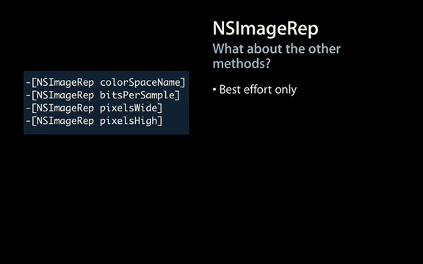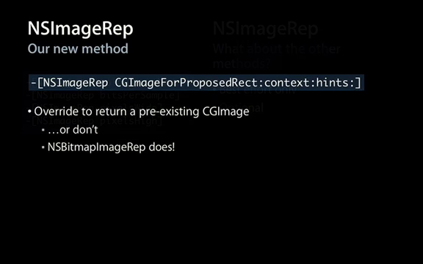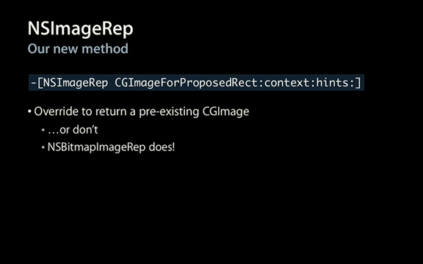Which is interesting both from a subclassing point of view and also from a caller's point of view, to realize that despite the names, you shouldn't necessarily believe these things because they're only best effort. Though in the case of something like a bitmap image rep, it's definitely in our contract that pixels wide has to be the actual number of pixels in the bitmap. And they're optional, so you don't really have to implement them. Later in the talk, I'm going to show you an example of subclassing NSImageRep. You'll see how easy it is. But the whole point of this is I want to talk about this other new method we added, the CGImage proposed rect context hints. And the deal is that you can override